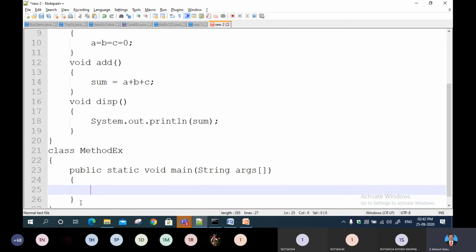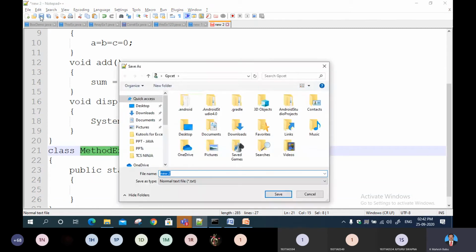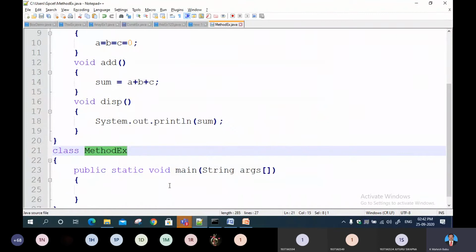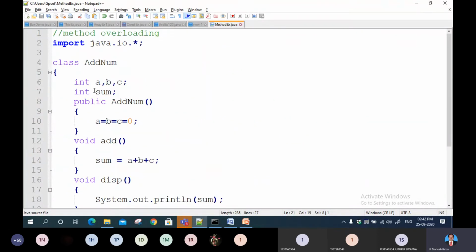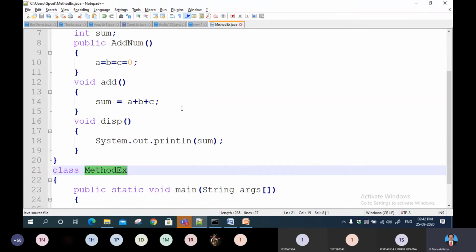So inside the main method I am going to create objects and all, but save the code first. I am saving with the same name, MethodEx.java, which has the main method. The class which has the main method, I make that my file name. And here this is a class which is explicitly defined and which is meant to add 3 or 2 or 1 number based on whatever the situation.